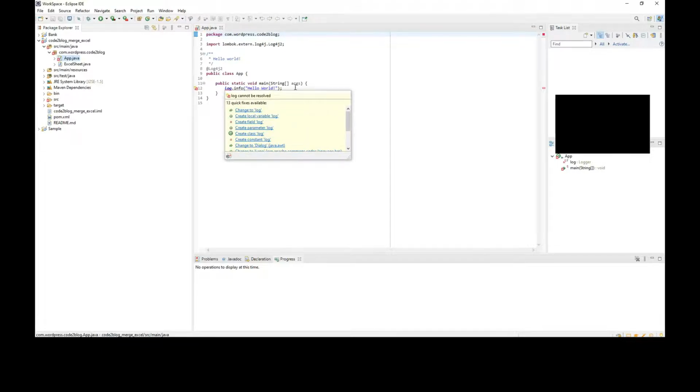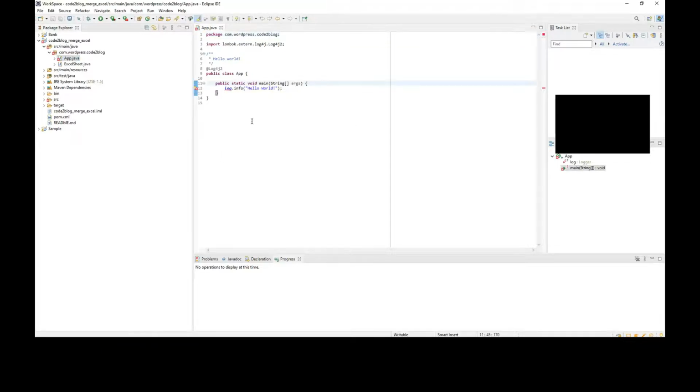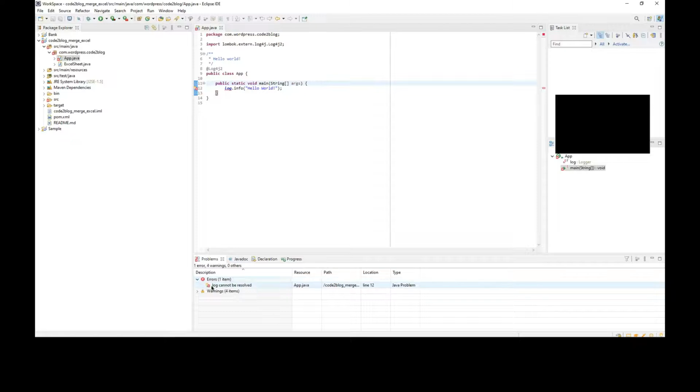Yeah, this got restarted. Okay, so the error is still there. Click on Problems. That is the view called Problems. The logger cannot be found.